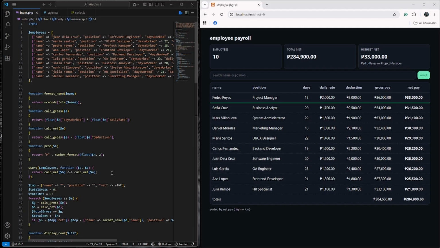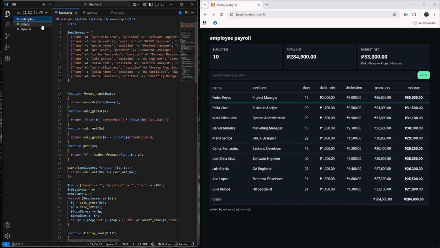Hello, good day. So this is my activity for employee payroll, which is built with PHP, JavaScript, and CSS. So let's get to it. So at first, in my index.php, first we